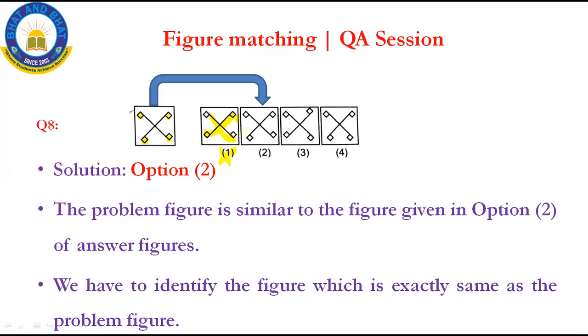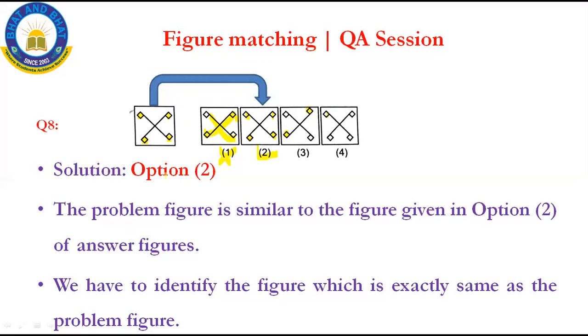Go with option 2. Yes, see, 1, 2, 3, 4. It is all the third figure. The square is down, and then the second figure, and then the third, and it looks like the problem figure. Why is the third one not the correct answer? Because, can you see this? The middle line is facing upwards, isn't it? And then the fourth one, both are facing downward, isn't it? So which is the correct option here? Option 2 is the correct answer, which resembles the problem figure.